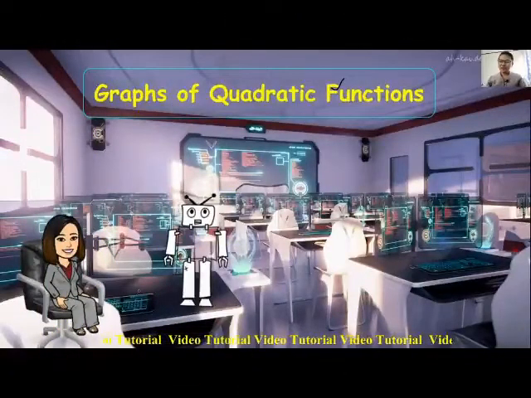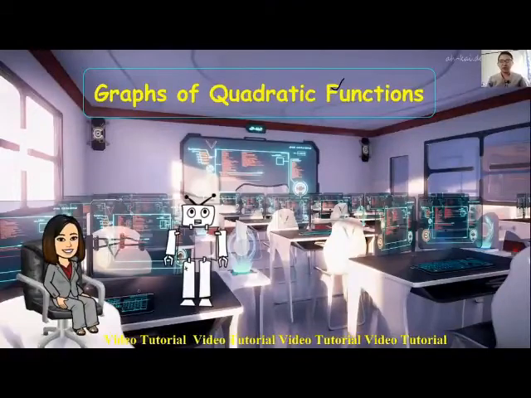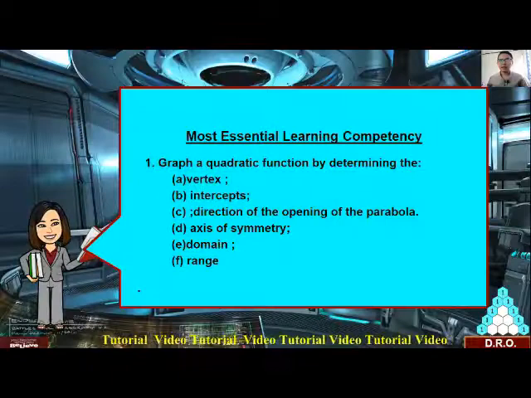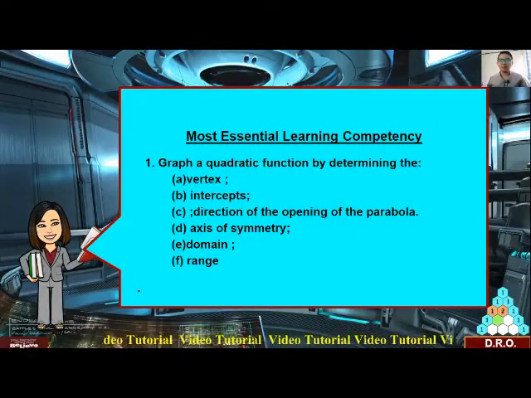Hello everyone, welcome to a new video tutorial on graphing of quadratic functions. To start, let us begin with our most essential learning competency, which is to graph a quadratic function